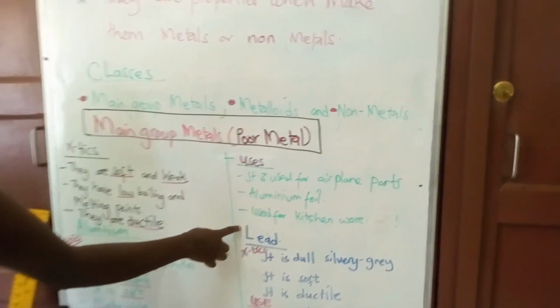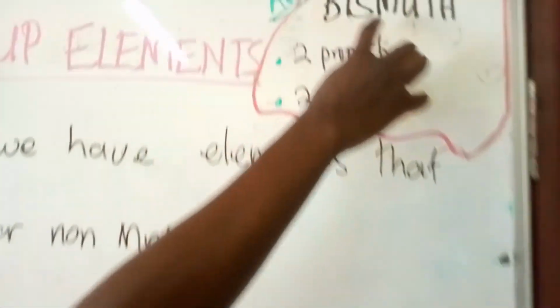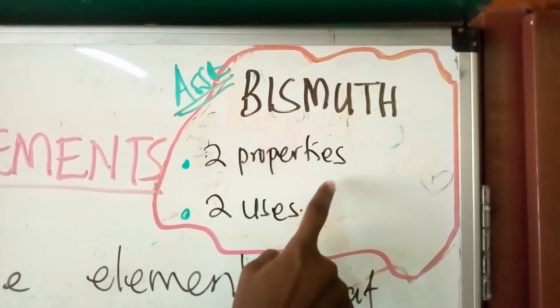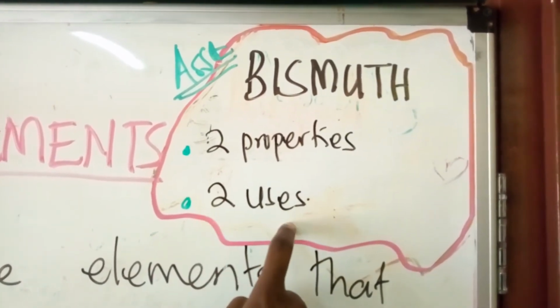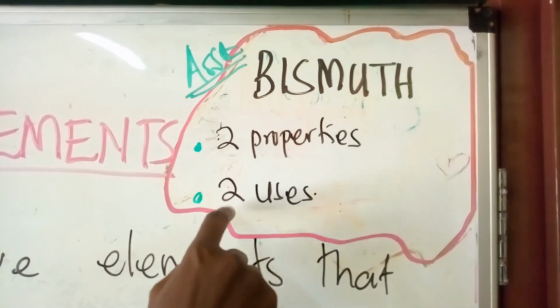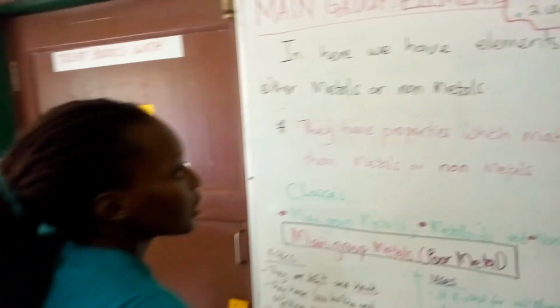And then the third one, you'll have it as your assignment, bismuth. It is the third one. And for it, you're going to look for two properties of it and then two uses of it. Just get two properties of bismuth and then two uses of bismuth. That is your assignment for tomorrow, and it is due